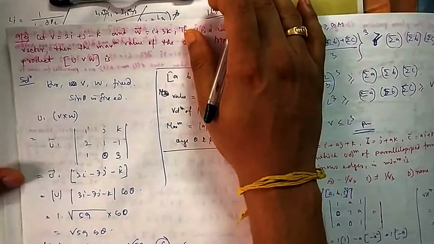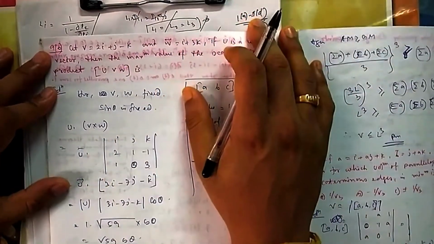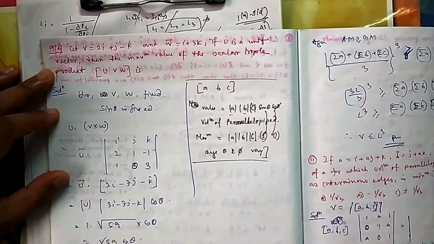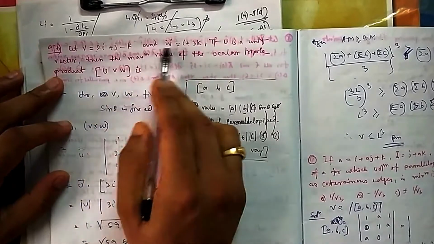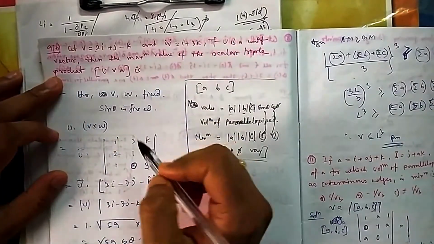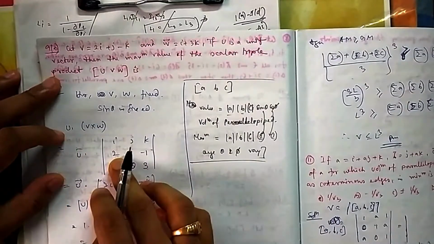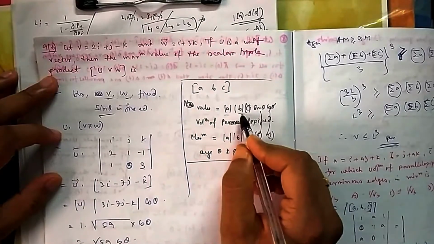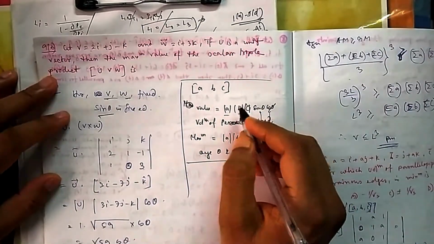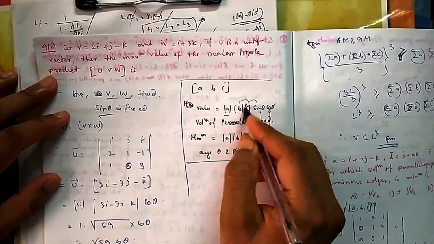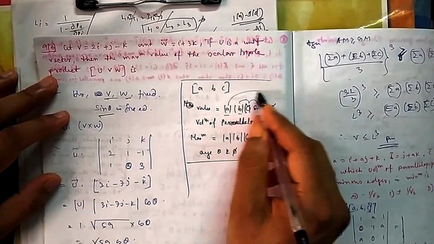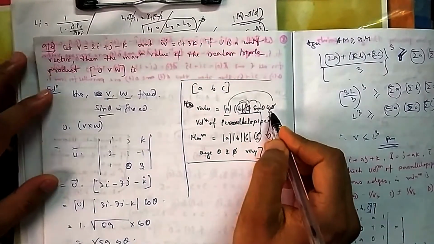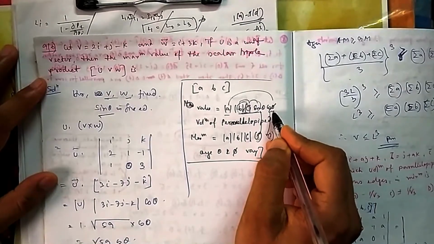Now if you come to 9b, if V and W are given, and U is a unit vector, find the maximum value of the scalar triple product of this one. These two are given to you. So what is the STP? V and W given means this sin theta is fixed. Because what is box ABC? ABC sin theta cos phi. Sin theta is the angle between any two, and then phi is the angle between this cross of this and then A. Because these are fixed, it only depends on one thing, this phi, that will give you the maximum.